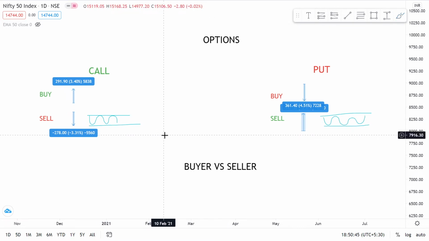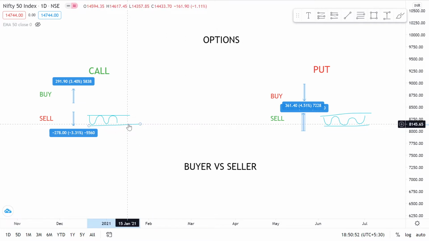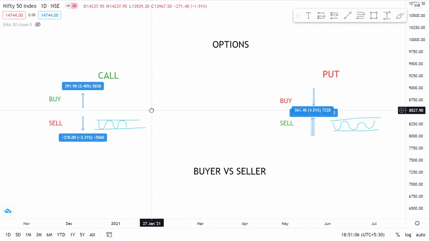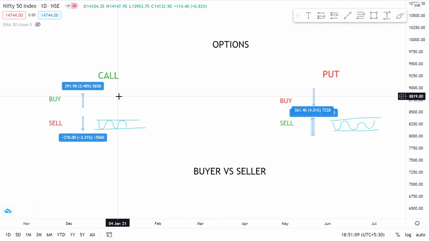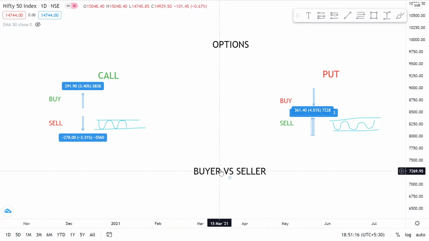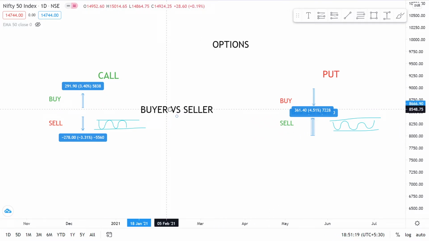So these scenarios, we will see how and when to deploy these strategies, and in which scenarios which strategies are used. There are many strategies for option selling and buying, and you combine option selling and buying, so that will come in a later part. But for now, these are the basics. You buy a call option when you think price is going to show momentum upwards. You sell a call option when you either think price is going down or sideways. So clearly you can see the difference between the buyer and seller here.